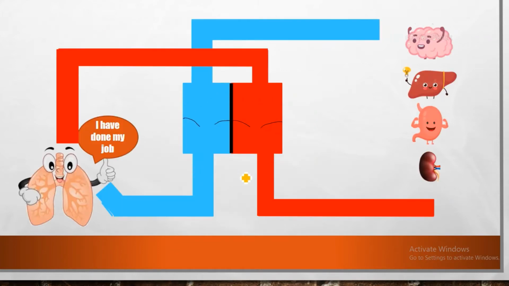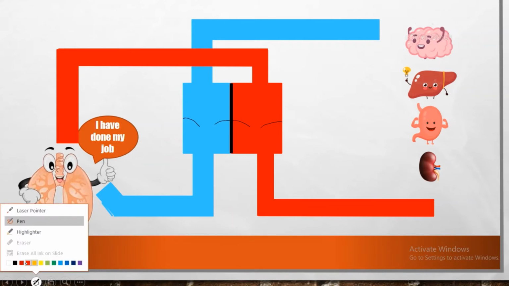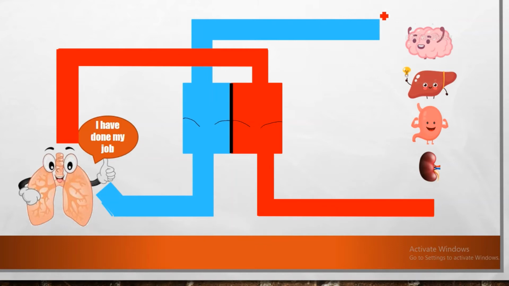This is a schematic diagram to learn easily how the blood flows. Remember that the blue color is for the deoxygenated blood, meaning the blood that does not have enough oxygen. The red color is for the oxygenated blood, meaning the blood that has enough oxygen. The channels or pipelines carry the blood from all the organs of the body and take this deoxygenated blood back to the heart, specifically to the right side of the heart.